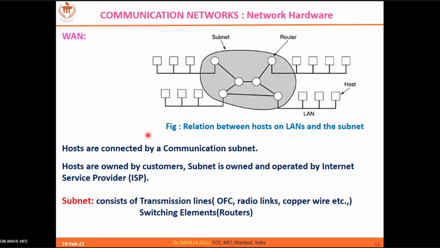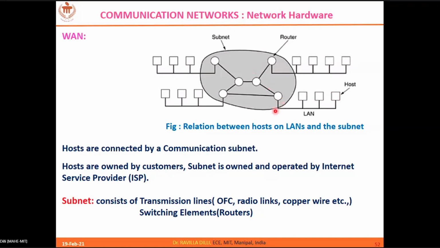Yeah, let's come to the wide area network. So this is the structure of a wide area network, where you can see the different LANs. These square boxes which are connected with wires, this is one LAN, this is another LAN, like that. So multiple LANs are present. Each LAN consists of multiple hosts. A host is nothing but your computers, where the users are going to generate the data and transmit it to other users. So that we call a host, HOST, host. That is user equipment.